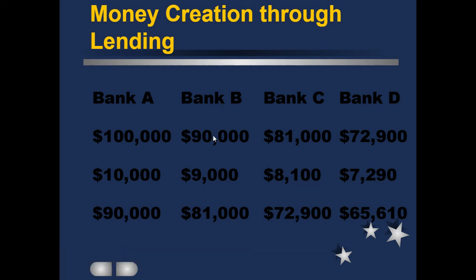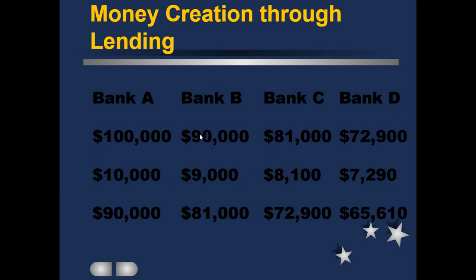So that money is then put into Bank B, right? They have to keep 10% and can loan out the rest. And it just keeps going and going and going. So this original $100,000 that has entered the economy ends up being, if you add all of these together, a lot of money. It can just keep going, but it could be $1 million, depending on what the reserve rate is.